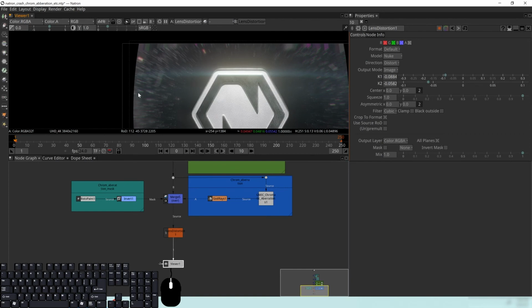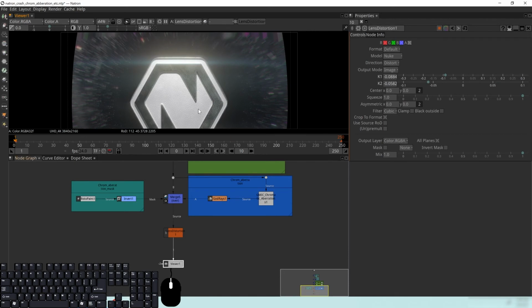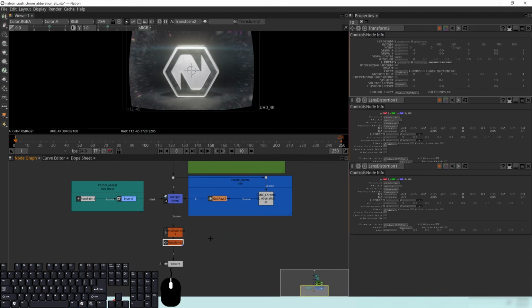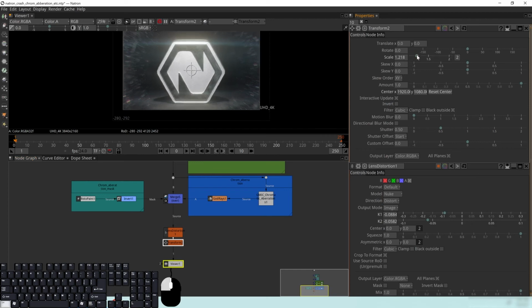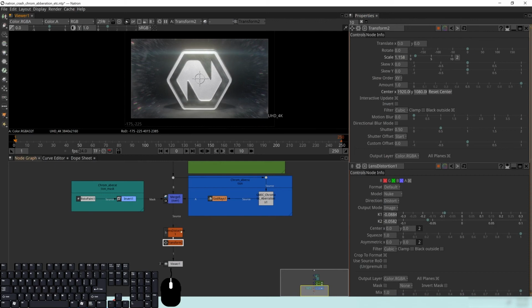If you pull these in like this, you're going to have to transform your image in the end larger to cover your format. So if you do something like that, you will end up needing to put in a transform and scaling this up like that so that it covers the entire image again. So be careful when you do stuff like that to make sure that you're really adding what you want there to be. This is a step you don't necessarily have to have, but often it is recommended